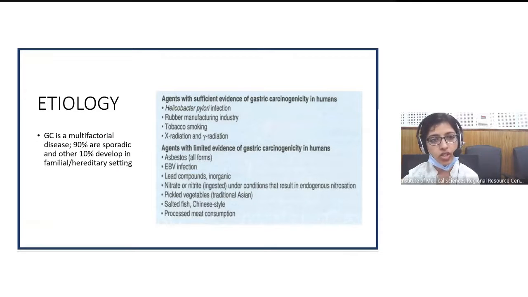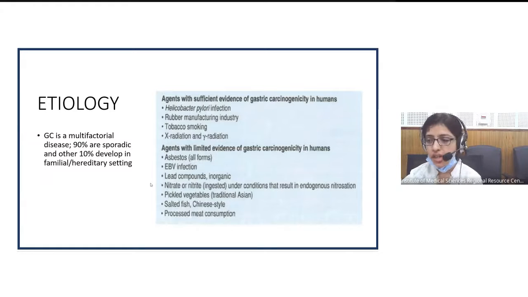Now we come to the etiology. Gastric cancer is a multifactorial disease. While 90% of the cases occur sporadically, 10% of the cancers occur in a familial or hereditary setting. Okay, and it is these cancers that have helped us to understand the